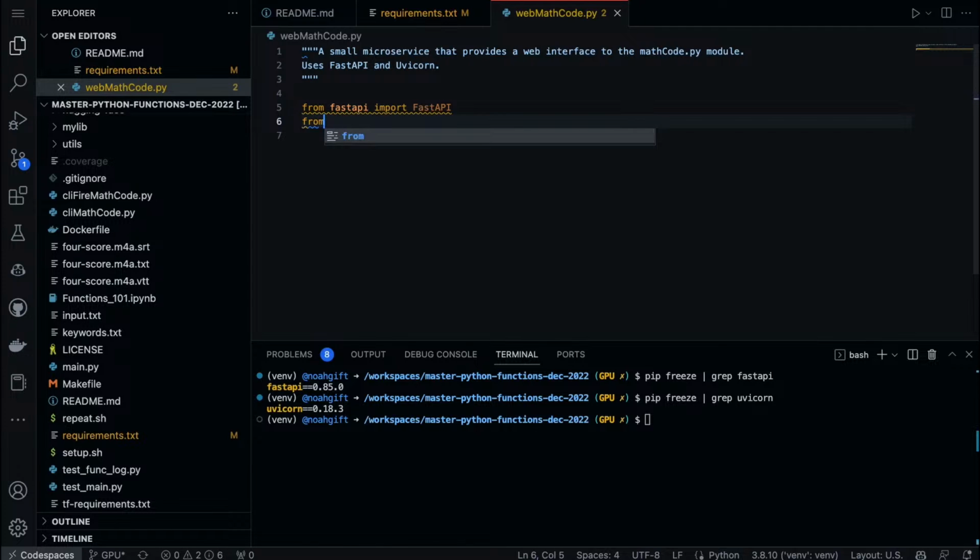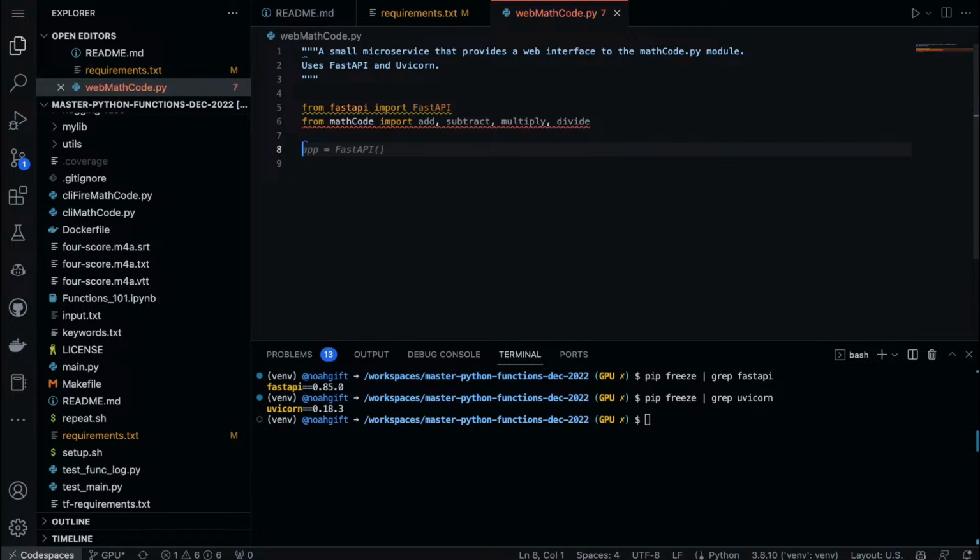We can say from math code, we have these library functions, and now we can really quickly build out a microservice using FastAPI. One of the things we can do is help it with a prompt a little bit, so we can say, build out routes for each imported function. Pretty smart, right?